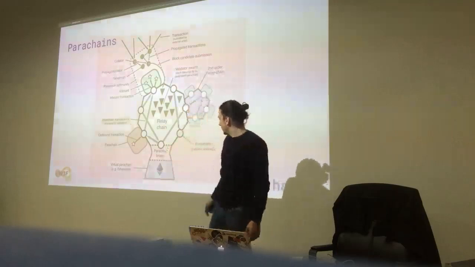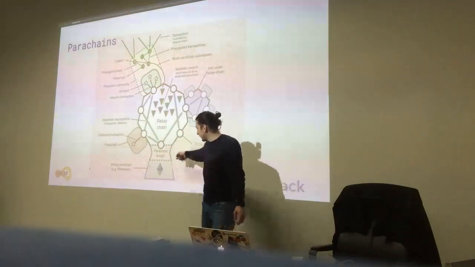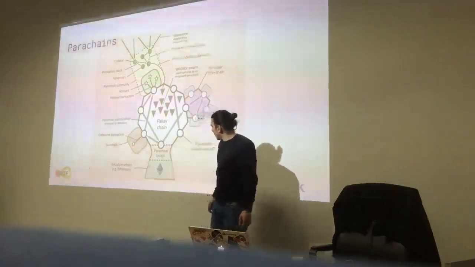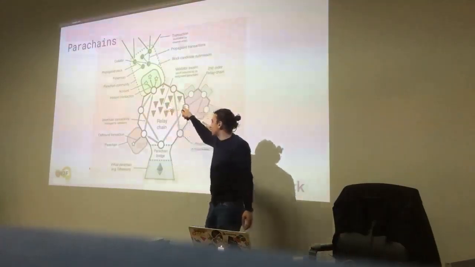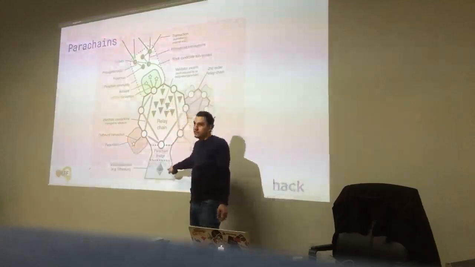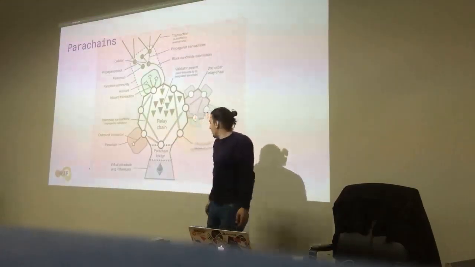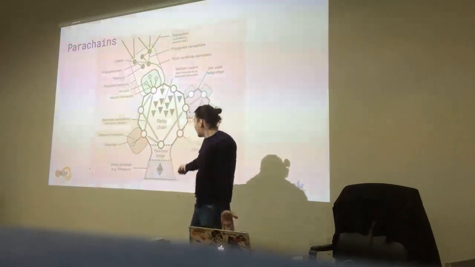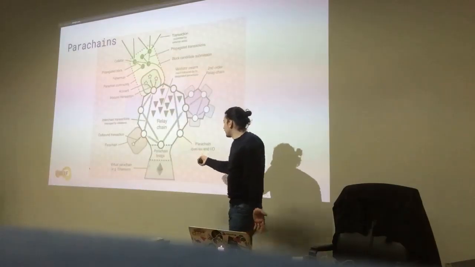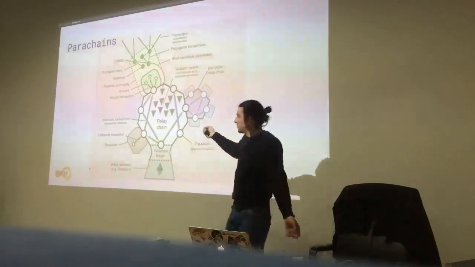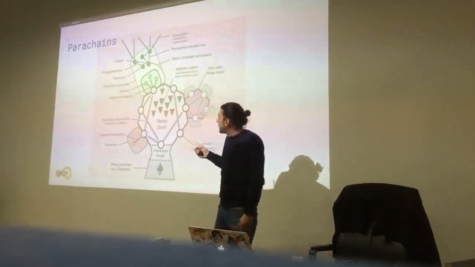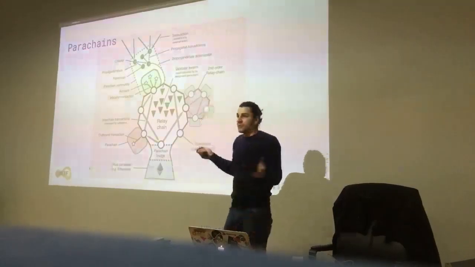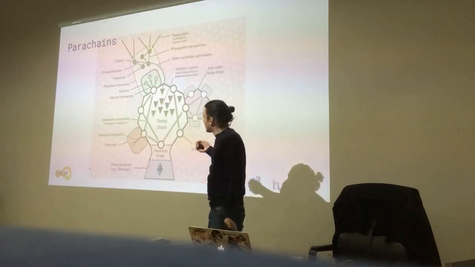By creating this kind of bridge, we can interact between our parachain or other parachains and the network itself. And by creating, for example, a bridge to Ethereum and a bridge to Bitcoin and a bridge to whatever,